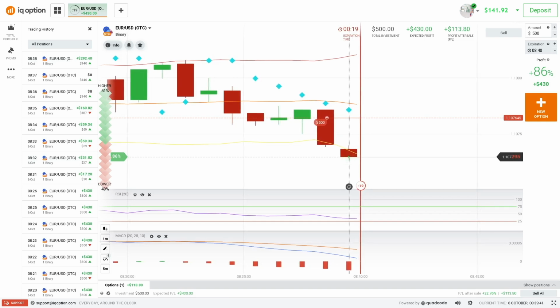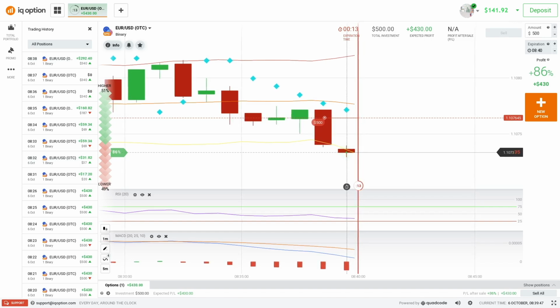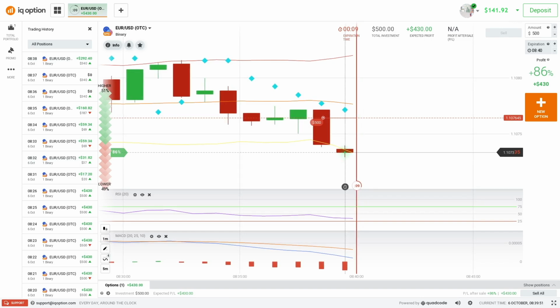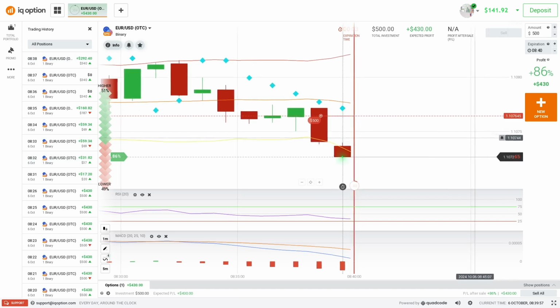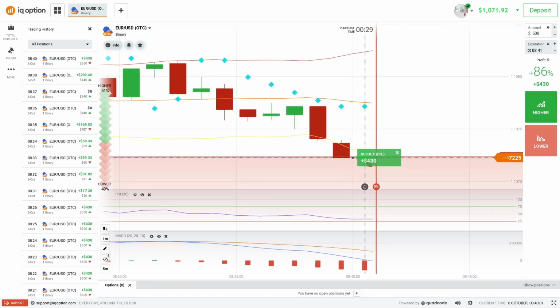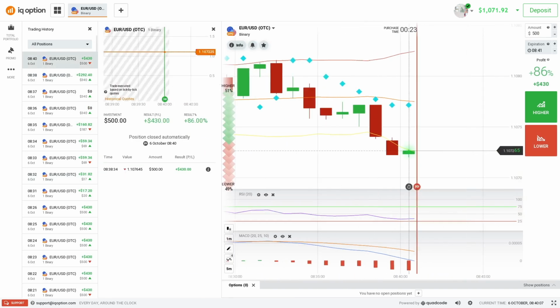I guess as expected, the market will start creating a downtrend, but this is unpredictable because I trade short terms, and that's why I don't like it. So I will try to trade forex, but not on this channel. But for binary options, I guess that's it. This is the end. Yes, the last trade, we are at $1,000. Beautiful. I guess we should see